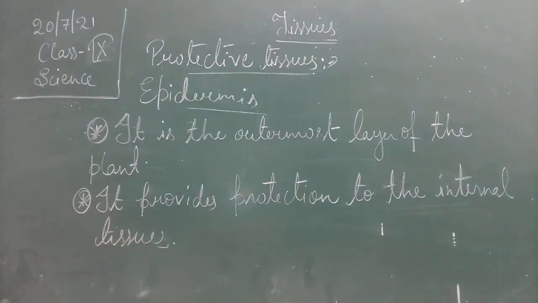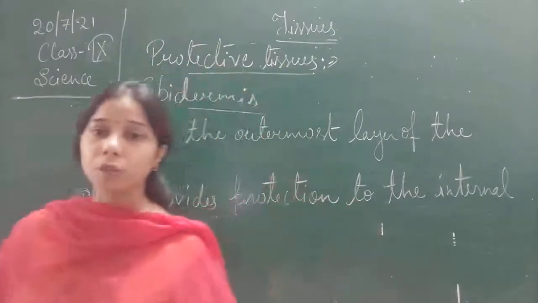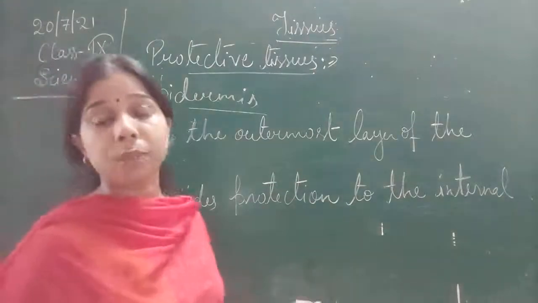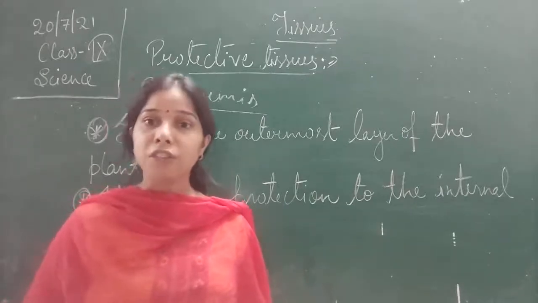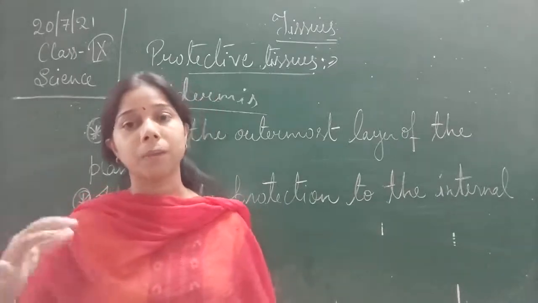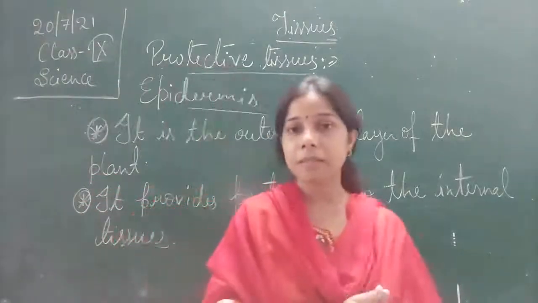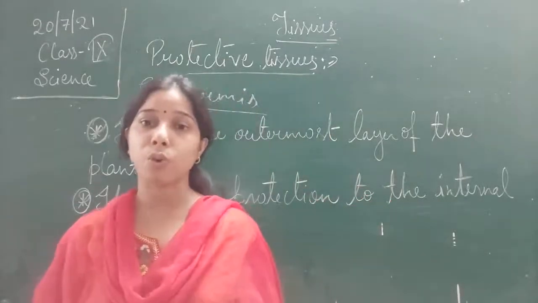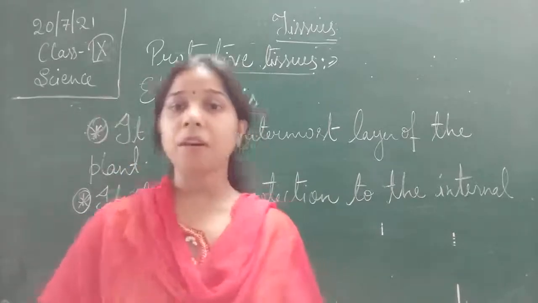In the root, it mainly consists of the root hair. The root hair is the outermost part, and that helps in absorption. Lenticels are also there, present at the outermost surface of the stem. Guard cells are present in the stomata and help in the transpiration process. So a lot of different structures are present on the epidermis, having different roles and functions.